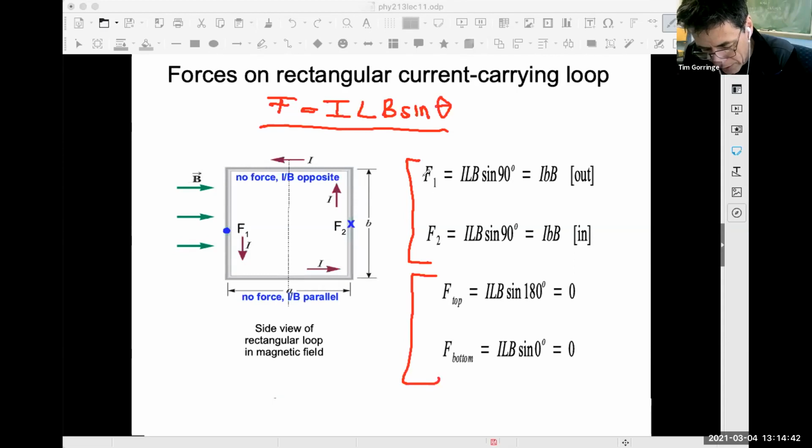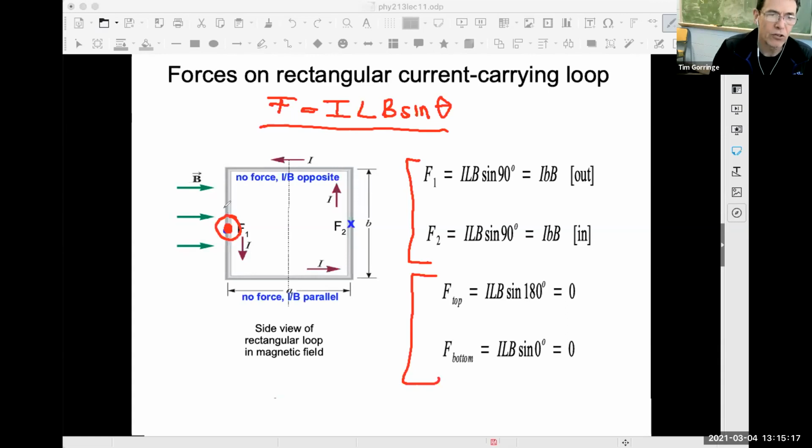Let's answer one by one these 4 forces on these 4 sides. So let's start with F1. That's over here on the left. For F1, the current is down, the magnetic field is towards the right. To figure out the force, you've got to point the palm of your hand down, curl your fingers towards the right, and then your thumb will naturally point in the direction of the force. So when I do that,